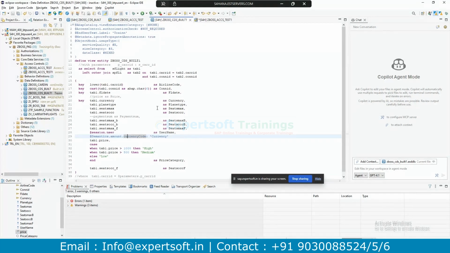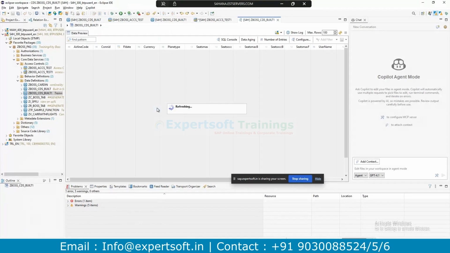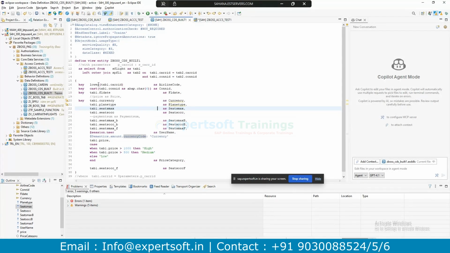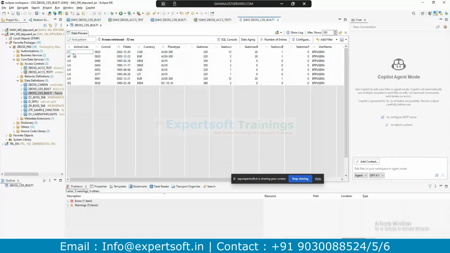Activating, activation finished, F8. Let's make it uppercase. So yeah, AC, AF, AA, LH, and SQ. All other airlines are also visible to me.